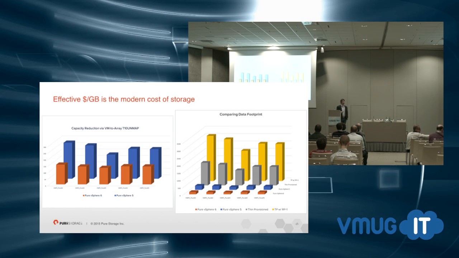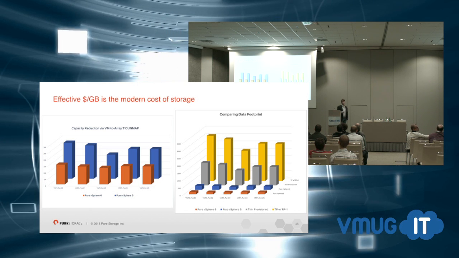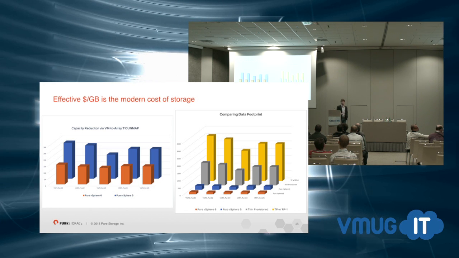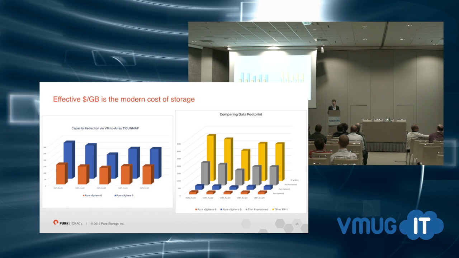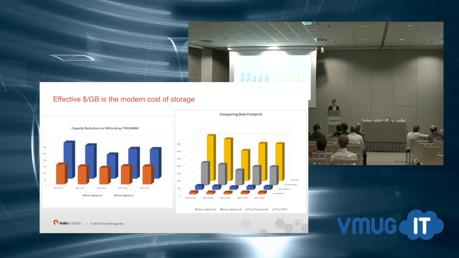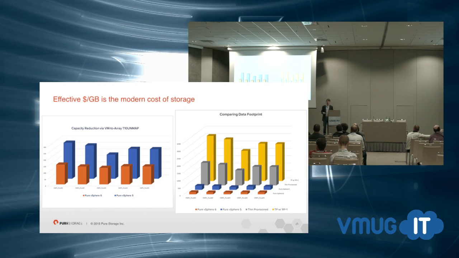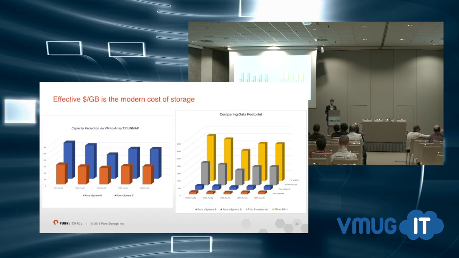And this is my other point, which is I think modern storage platforms should force you to start looking at effective capacity in your price modeling versus raw capacity. If you can store tenfold the amount of data, then the price per gigabyte on that platform is 1/10 of the alternative.